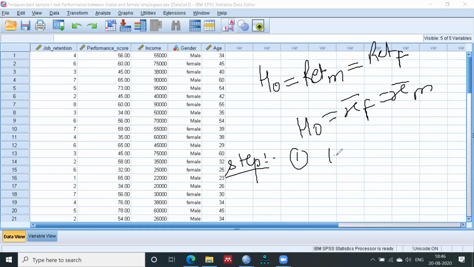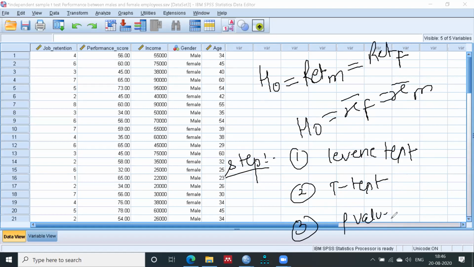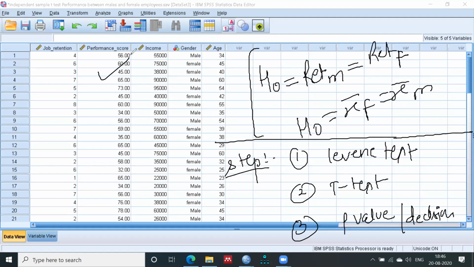First step is to apply the Levene test, then check the t-test, and third, the p-value or decision. What could be your decision, reject or accept the null? So these are the steps to apply the independent sample t-test, and this is your null hypothesis in the case of this example.